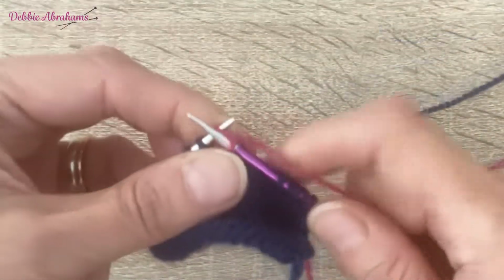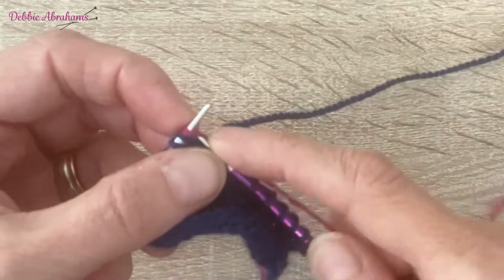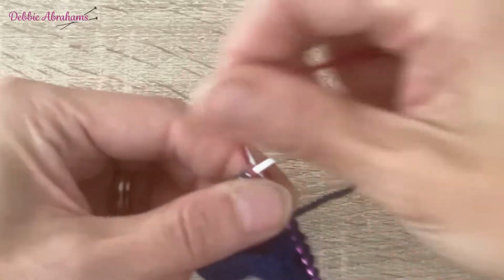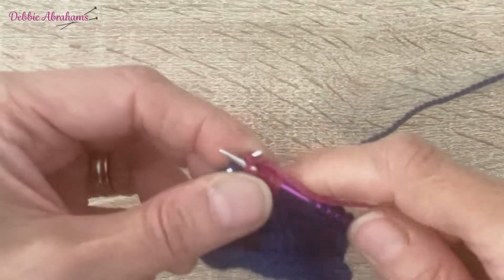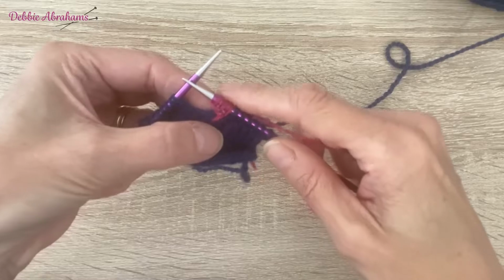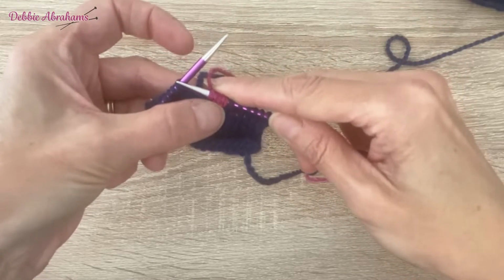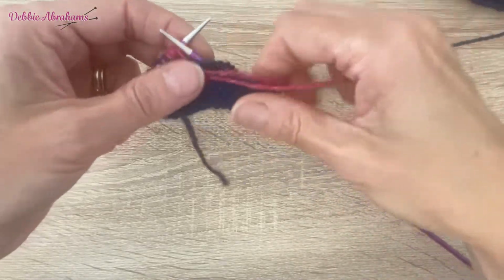into the front, back, front, back, and then once again into the front of the contrast coloured stitch. You can at this point just pull on that loose end at the back just to tighten up the bottom of those stitches. You're then instructed to turn the work around,